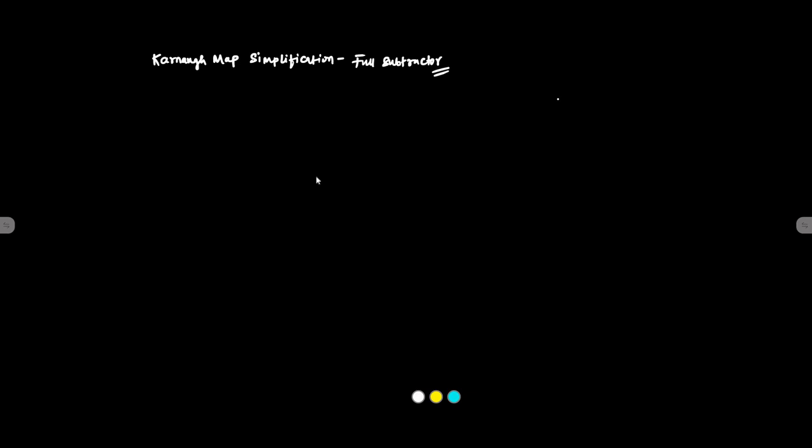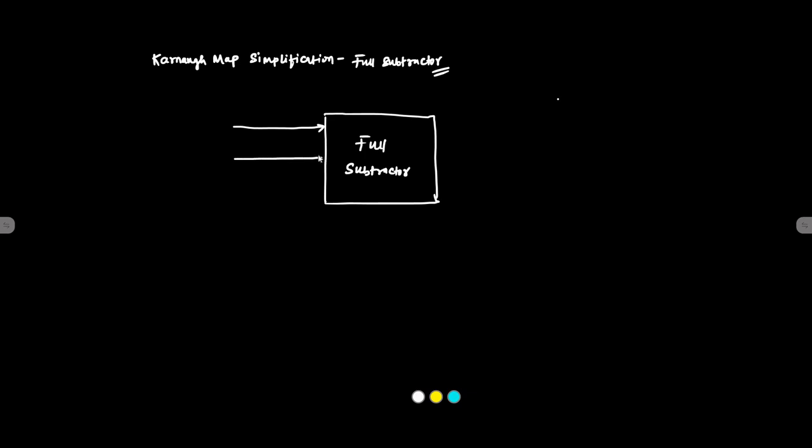So we have the full subtractor, the block diagram is given by this. There are three inputs, the 2 bits to be subtracted and the input borrow. A, B, the 2 bits to be subtracted, minuend and subtrahend, and the input borrow. And 2 outputs, one is difference, one is borrow output. The expression for difference is given by